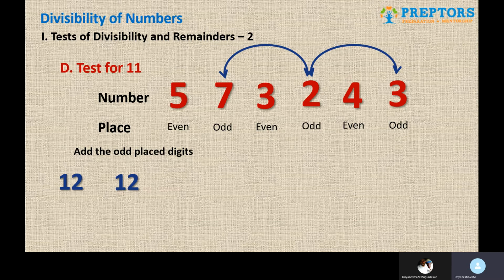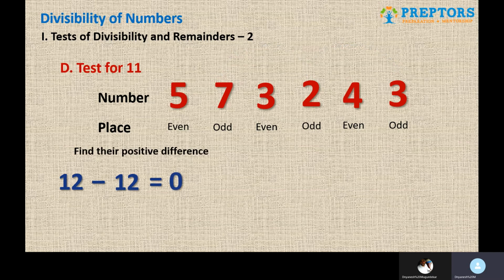That difference has to be either 0 or a multiple of 11. Then we say that the entire number is divisible by 11. So this is the divisibility test for 11, to figure out whether a number is divisible by 11 or not.